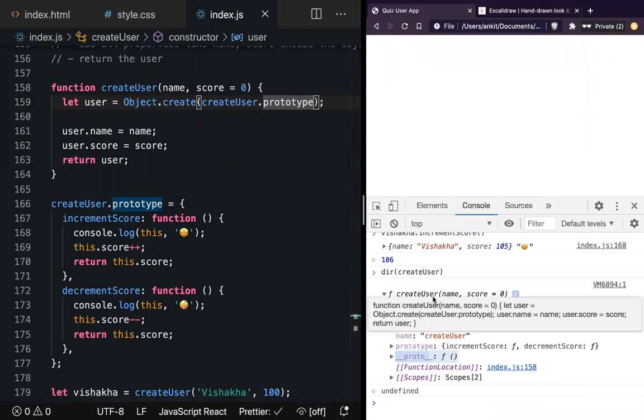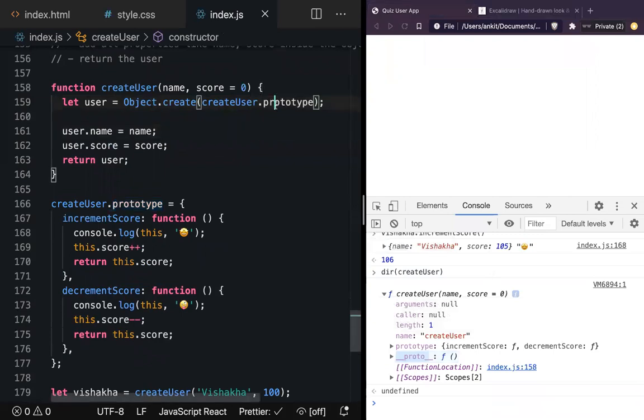Prototype is nothing but just a space. I told you the example of the kangaroo, right? There is a belly there where it can keep its child. So you can think of prototype to be just an empty space. Prototype is a special property on every function declaration that is just an empty object. That's all it is. It can be called anything.